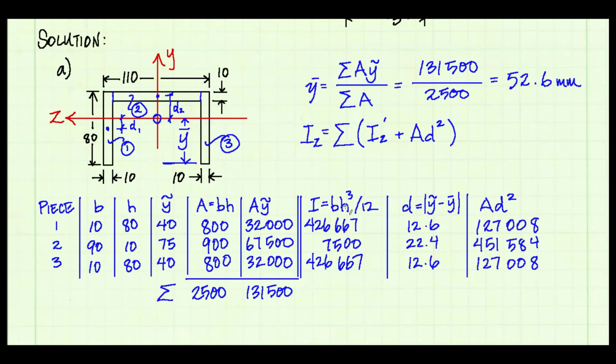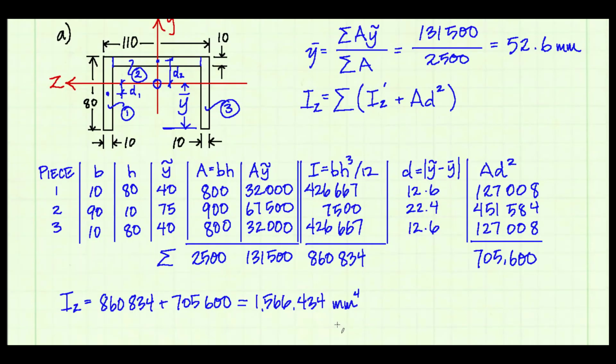And now to compute the moment of inertia of the composite cross-section, I need to sum all of my moments of inertia for the individual pieces and sum all the Ad squared terms and then add those two sums together. And I get a really big number, 1.6 million millimeters to the 4th power. And I could have converted to meters from the very beginning,